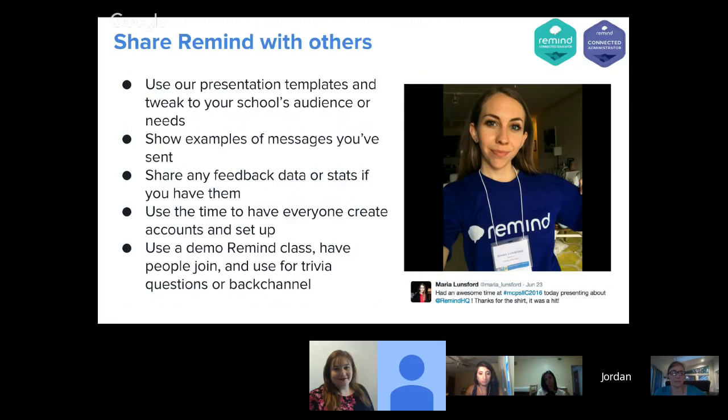And then when you are working with others, maybe in a group PD session, or even just one-on-one, oftentimes it's helpful to just go through the process together. Like, let's all install the app, or let's go to the website here and play around with it. That way, it's a non-intimidating, easy way to get a feel for how it works.